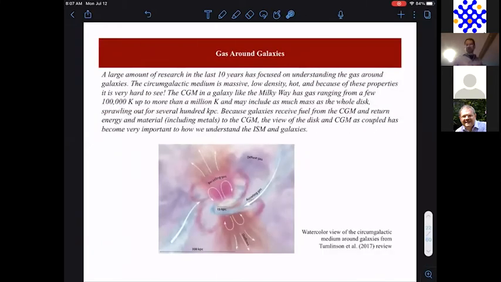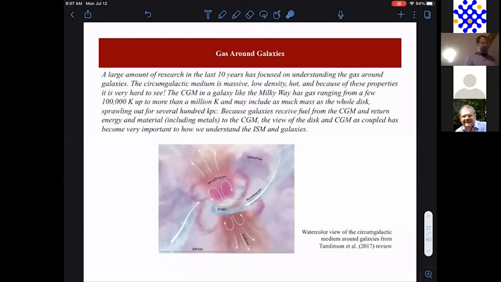Similar to the hot ionized medium, I will just say this for a couple of slides, and then we will not come back to it. But it would be totally remiss to talk about the gas in low redshift galaxies without talking about one of the most active areas of research on this front over the last 10 years. We talk a lot about the gas in the disk of galaxies, and we will focus on that, I believe, overwhelmingly throughout this conference. But